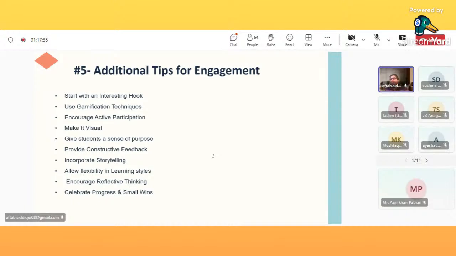You are a mother, you are always giving negative feedback to the child. You are a professor, you're giving negative feedback to the student. This is never going to enhance the learning. Rather, it will increase the conflict more and more. So always try to provide positive, constructive feedback, and incorporate storytelling. You know, people often remember things in a story.